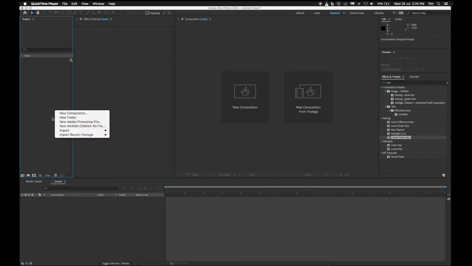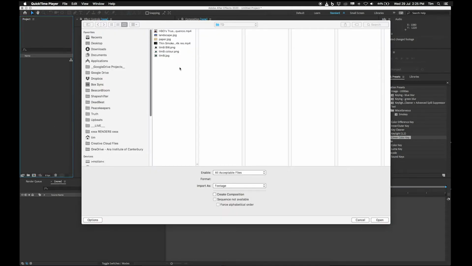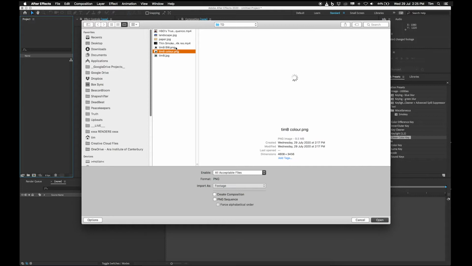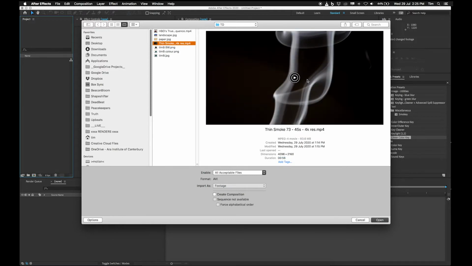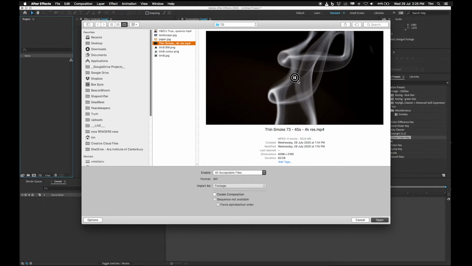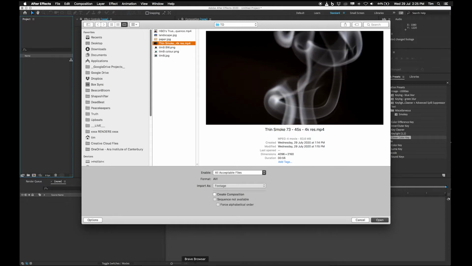After Effects now, and I'm going to import the graphics that I've made. I've got the two versions of the photographs of me. I've got a thin smoke movie here that I'm going to use for a bit of texture. This is from the